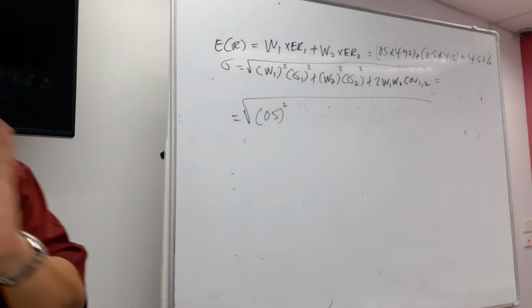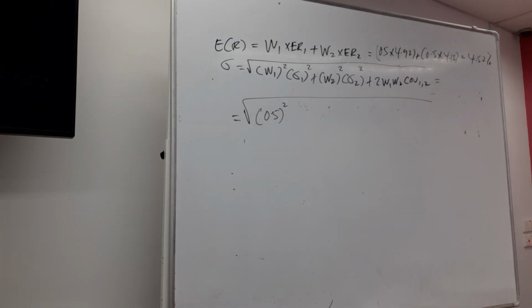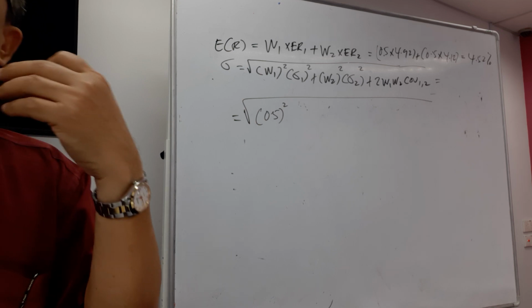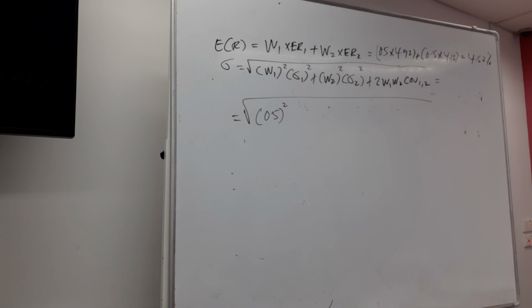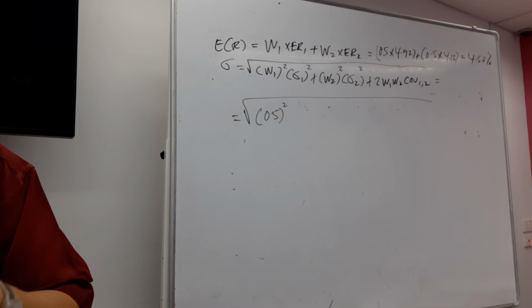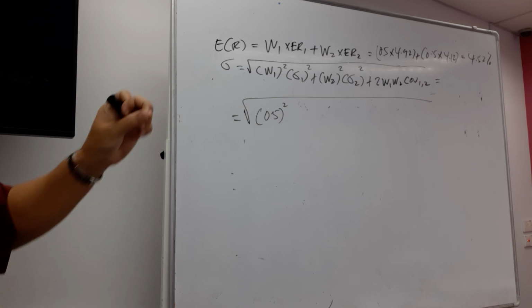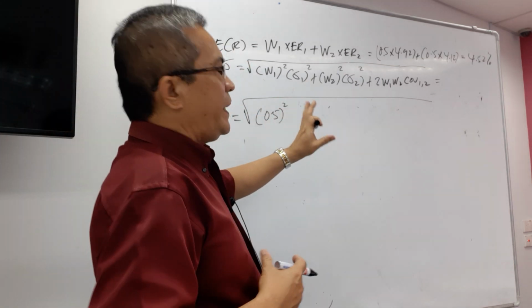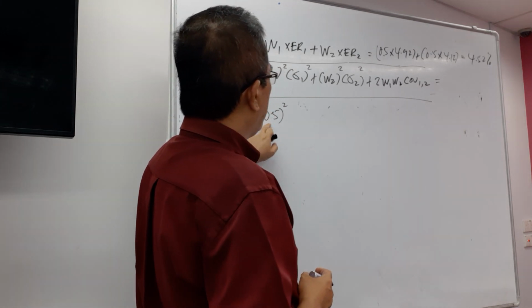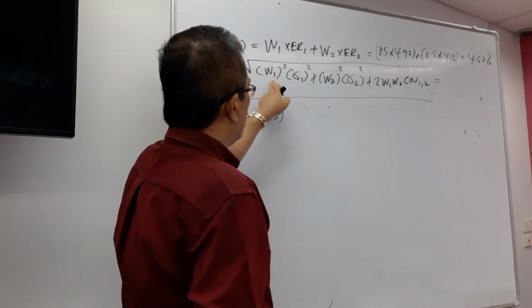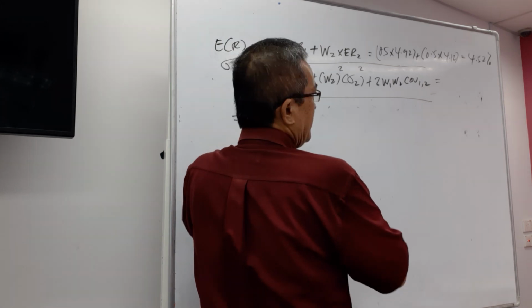Remember, for 50% weightage, don't write 50, write 0.5. Some students write it as 50. It's okay, you still get there, but you might get confused when the figures get too big and you do not know what decimal point to use. So to avoid that, you simply say 50% is 0.5 to the power of 2, and standard deviation,